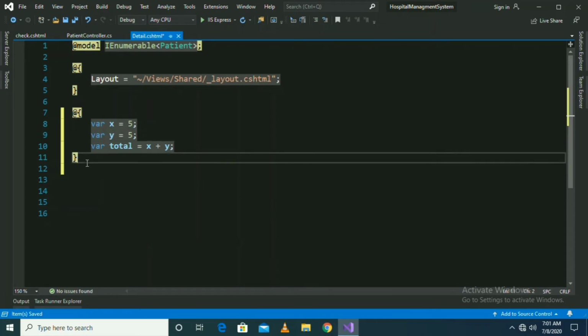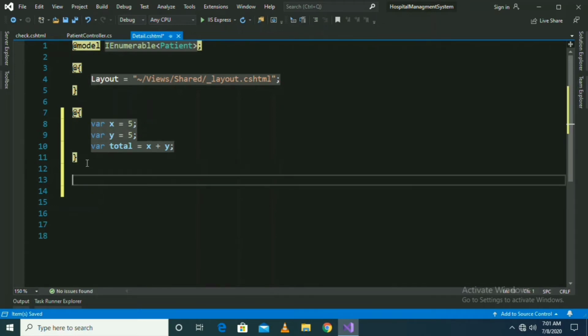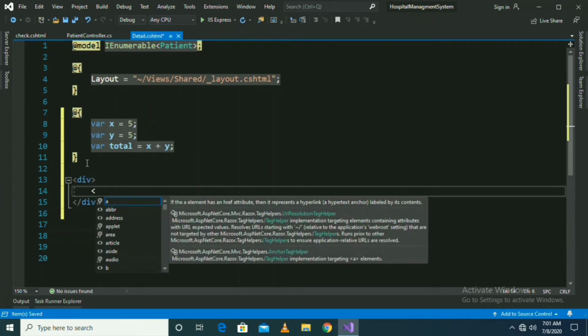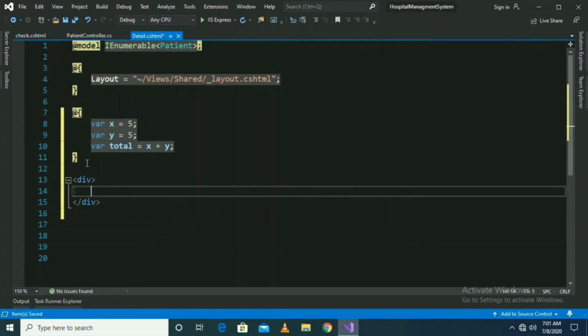Now what I want to do, I want to print this x and y and their total on browser. So for this I am just taking a div, and within this div I am writing and printing these values. For this, since it is C# code, x is C# code, y is C# code, and total is also C# code because it is written in curly brackets, @ curly bracket.